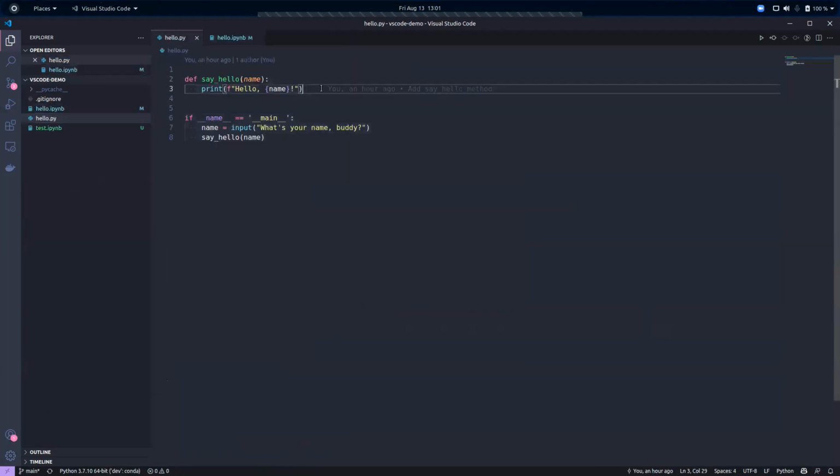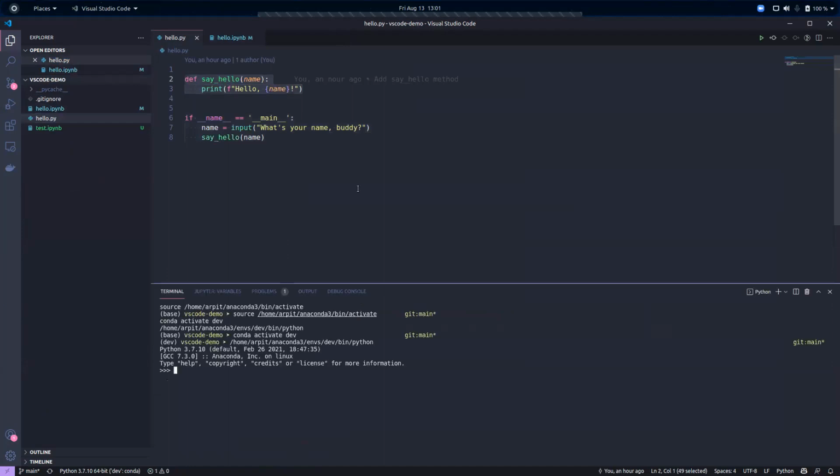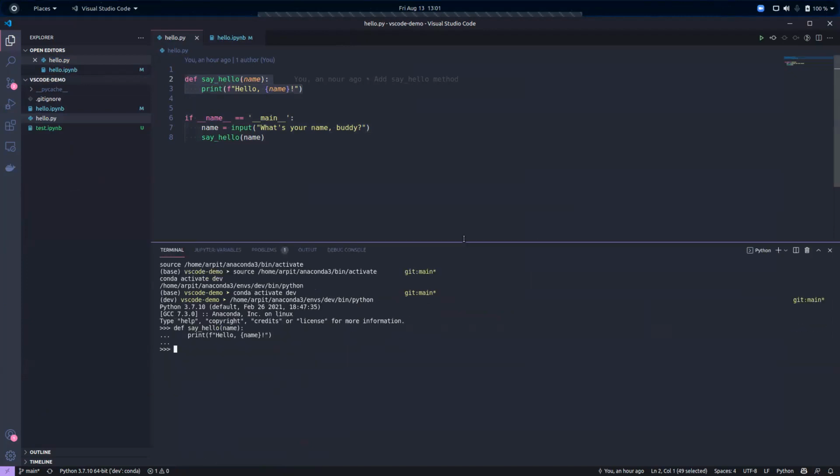You can select these lines and press Shift Enter. You see that it opens a Python interpreter at the bottom. What I did was select these lines and press Shift Enter.